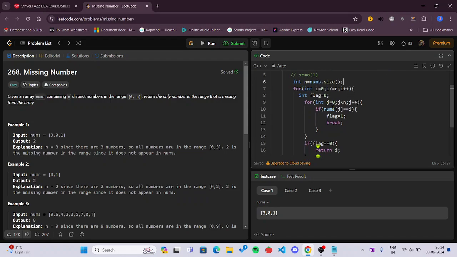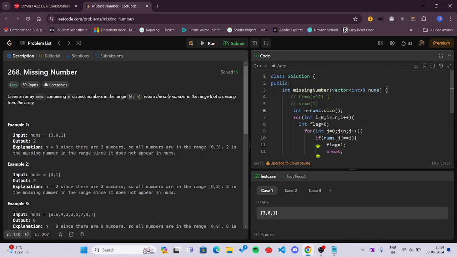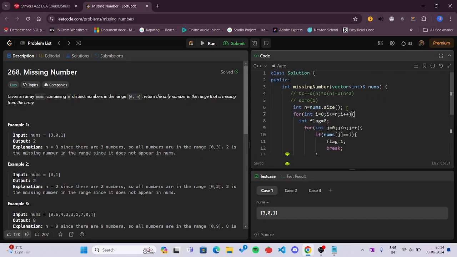Among one for loop we have another for loop, so it will be of course n into n, which is n square, right? Which is equal to O of n square. And of course the space complexity is constant here,